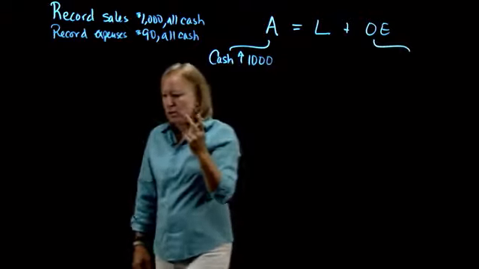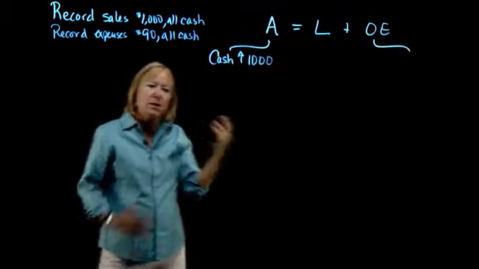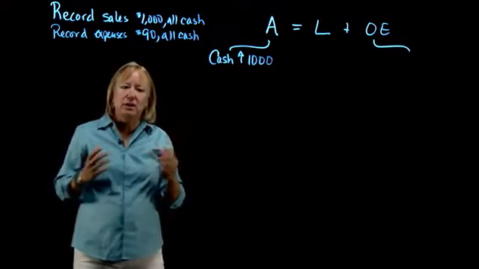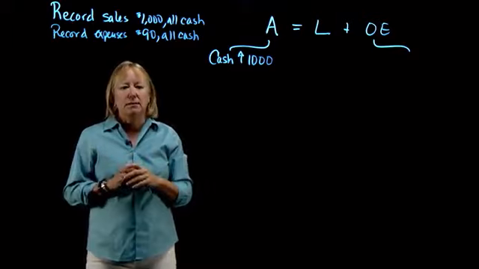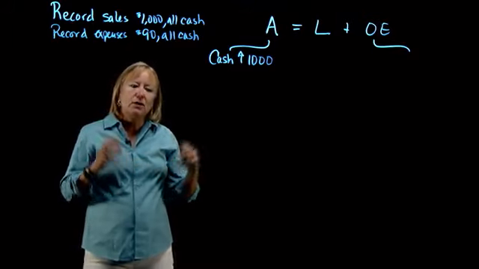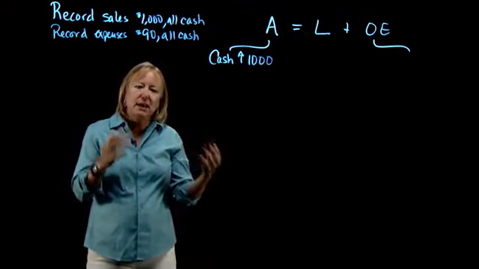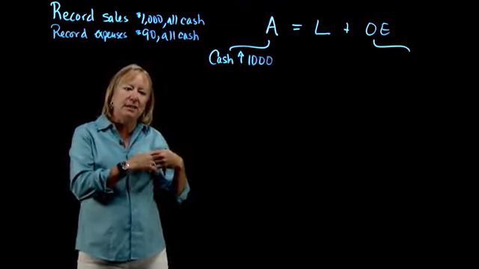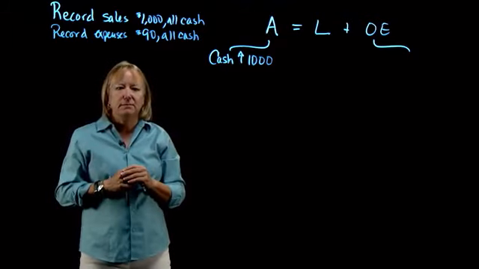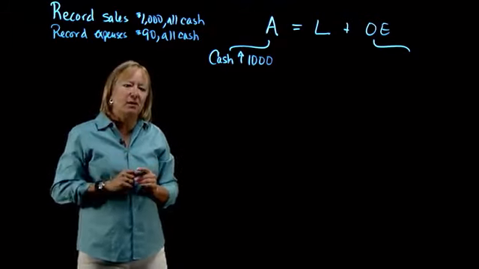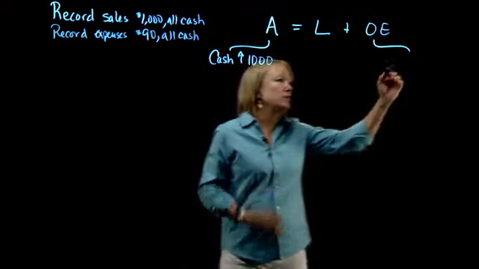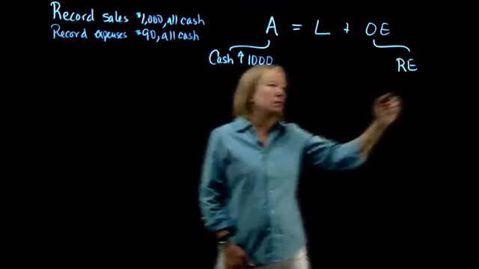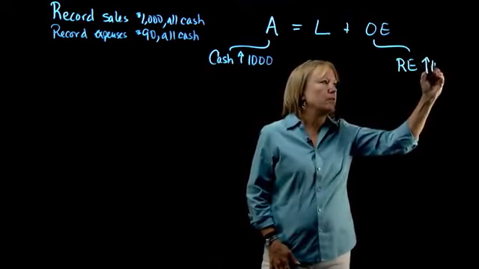We've talked about 2 sources of owner's equity. The first one is equity that's contributed to the company by owners or investors. That's contributed capital, capital stock. But the second source of equity is retained earnings. That's the equity or the earnings that the firm generates over its life that it decides to retain in the firm rather than pay out in dividends. It's this retained earnings account that is increased when we generate revenues. So our retained earnings account increases by $1,000